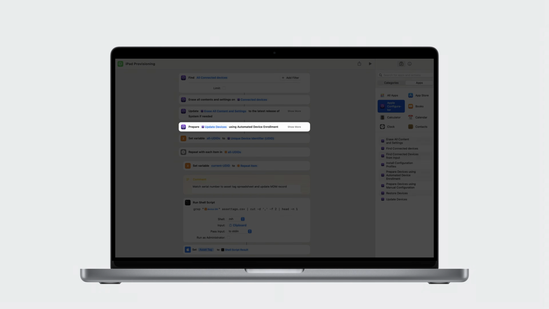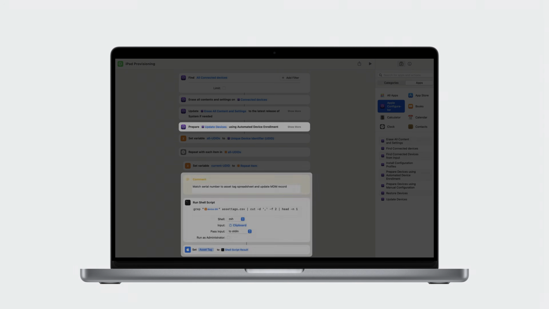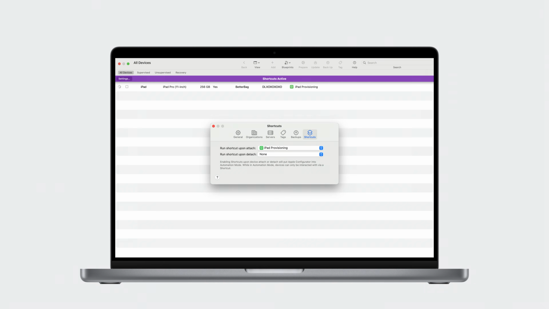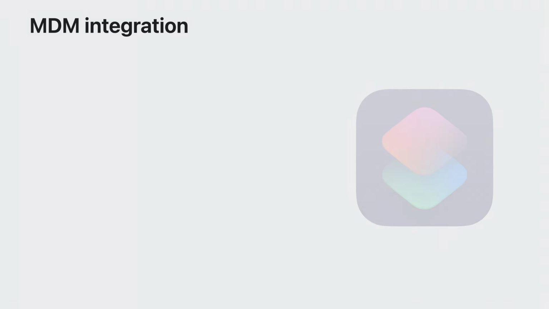Because the Mac is sharing its internet connection and has content caching enabled, commands are received from the MDM server and apps begin to install quickly. Once done, the shortcut updates the MDM server with the asset tag number from a separate CSV file. Once you perfect your shortcut, you can use new shortcut settings in Apple Configurator to run it every time you attach or detach a device.